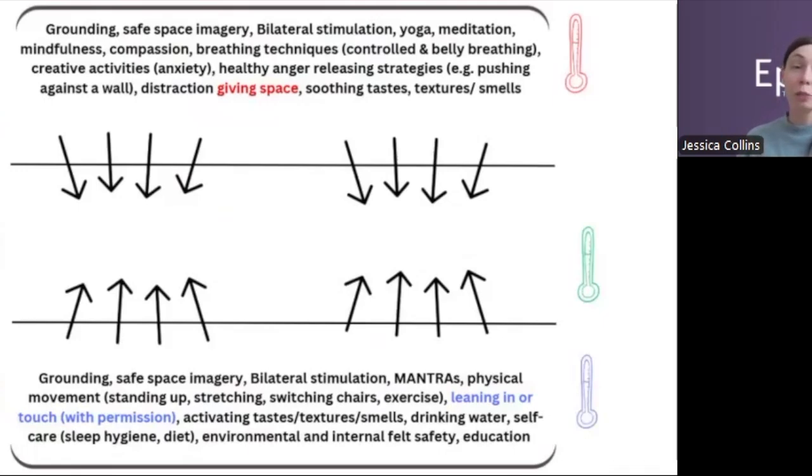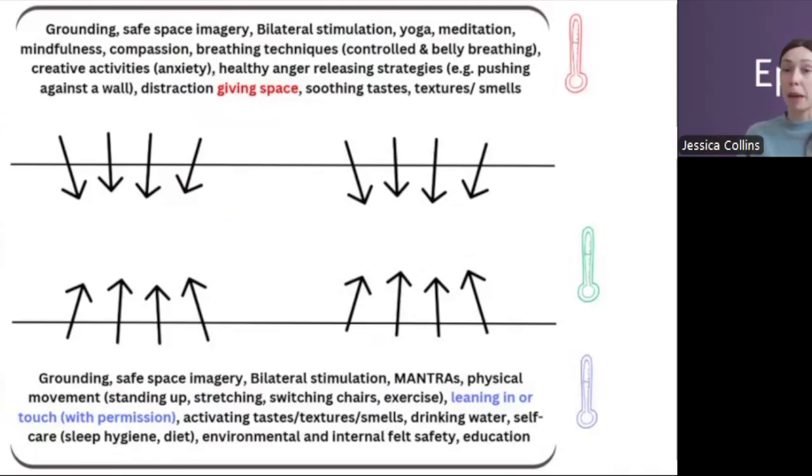And then in terms of speeding up strategies, remember when someone's in hypoarousal, they're feeling disconnected, numb, foggy, in a kind of freeze or shutdown response. What we need to do here is just gently reactivate the nervous system. Of course, we don't want to overwhelm the nervous system. If someone is in a freeze or shutdown response and we try to reactivate them too quickly, it's unlikely to be that successful. But we're just asking the nervous system to bring some energy back into the body and come back online. So again, movement can be really helpful, but movement that's relatively energizing.